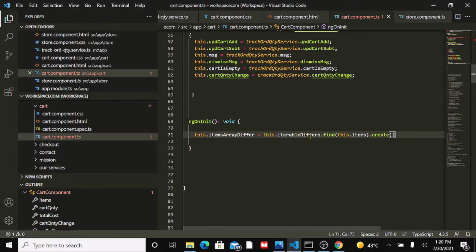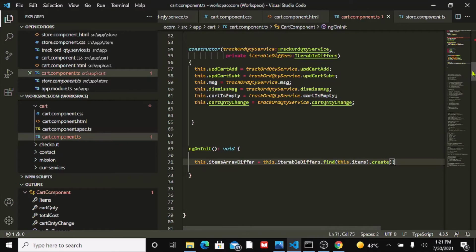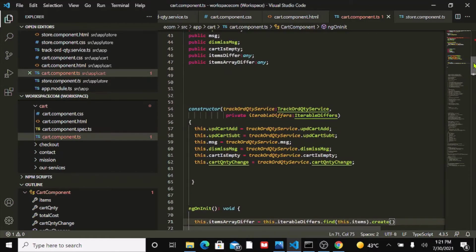Here we are saying this.iterableDiffers. We're using the class, of course, and the method from that class to specify the array for which we are monitoring changes, right? And the find method returns an interface of IterableDifferFactory type. We can use a method from that interface called the create method, which will then result in items array differ being of that interface type. And once we have that created, we can then use what is called a diff strategy or the diff method